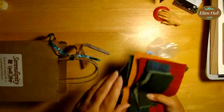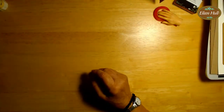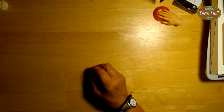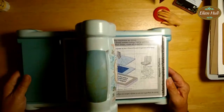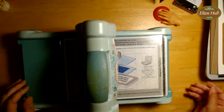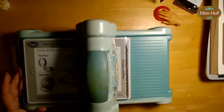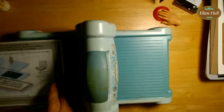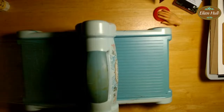All right, so let's get on to my project, which I'm using an old machine that I keep out here at the beach. So hopefully all is well. I don't know if you guys have seen this turquoise one, but this is a magnetic platform, which I don't really need. I'm going to put that over here and use my regular